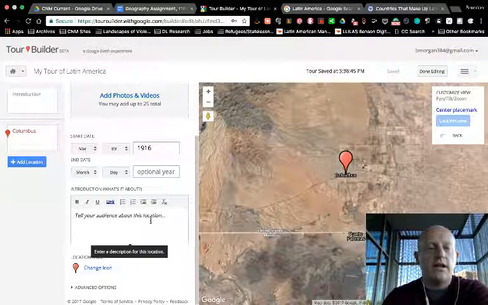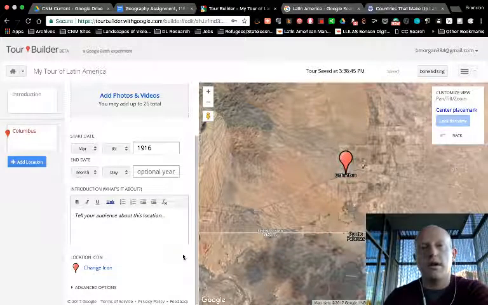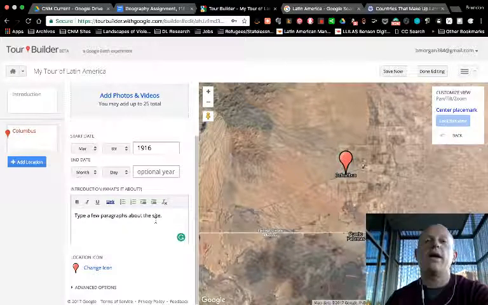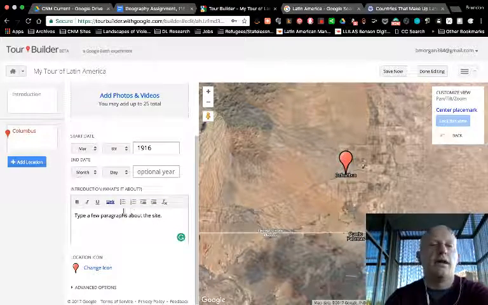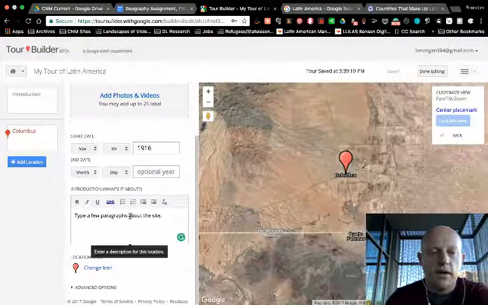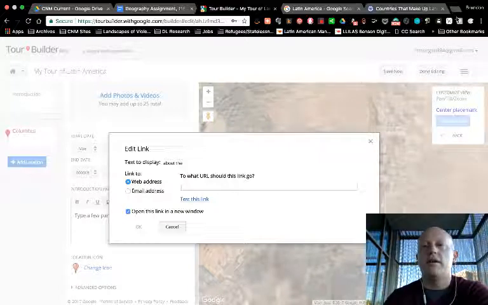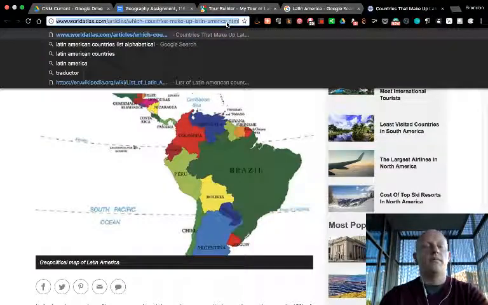This box here is where you're going to do the bulk of your work. Here is where you will type a few paragraphs about the site, about the location that you've chosen and why. You can also use this button here so you can highlight some of the text, click link, and then, for example,